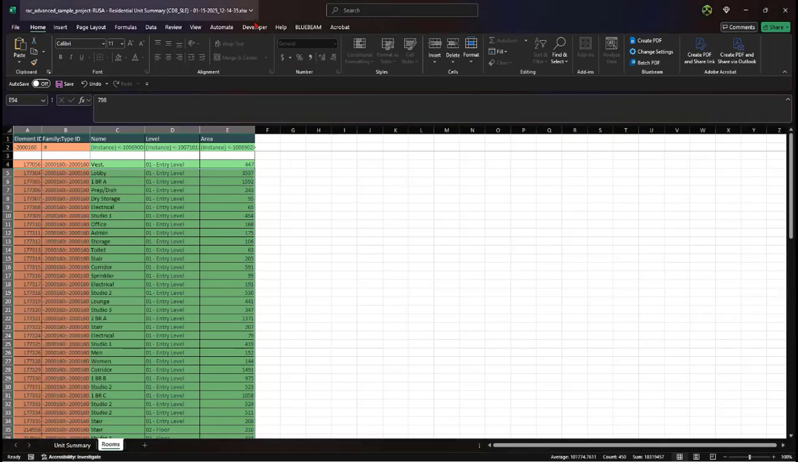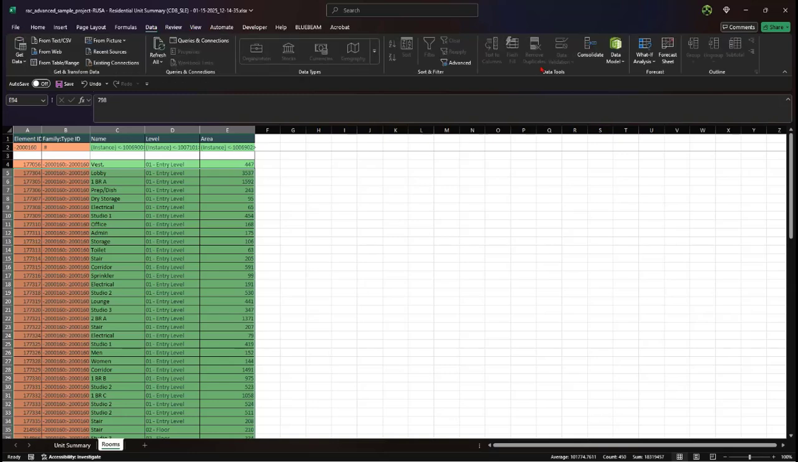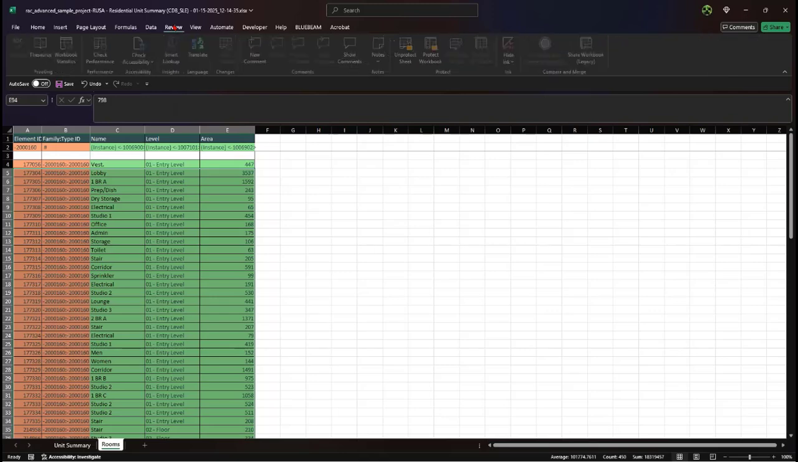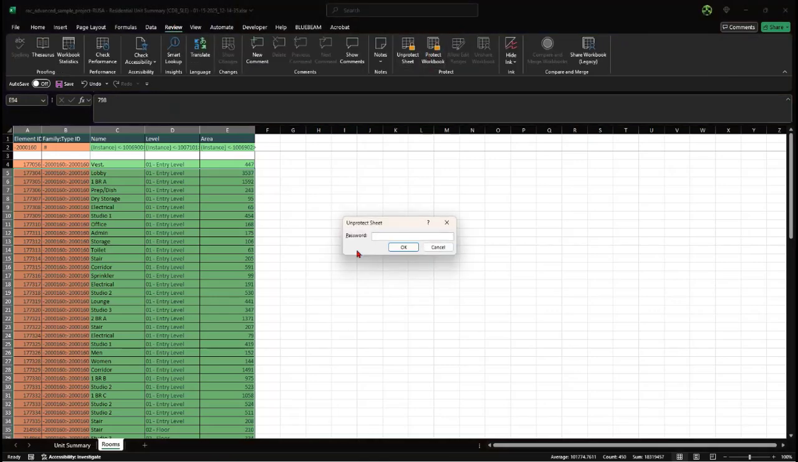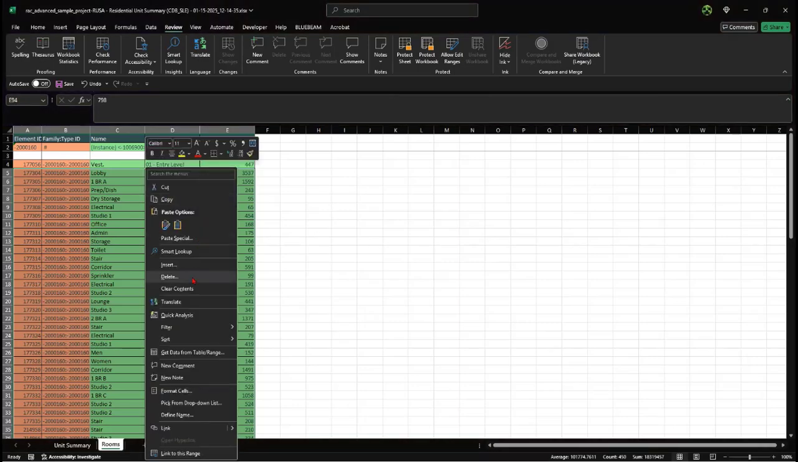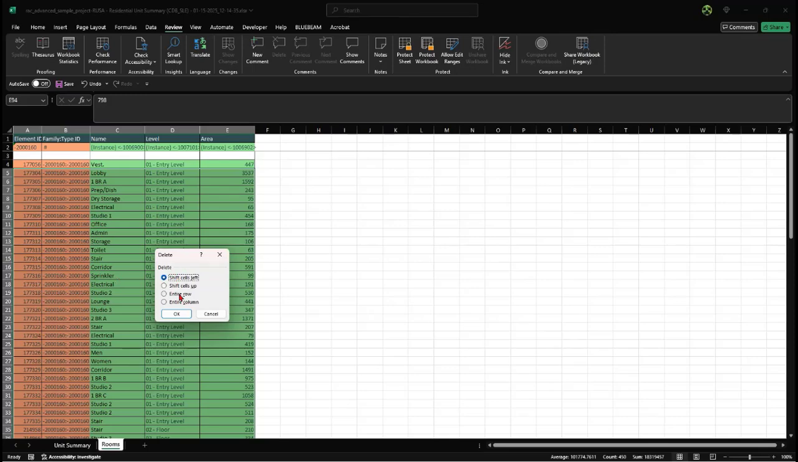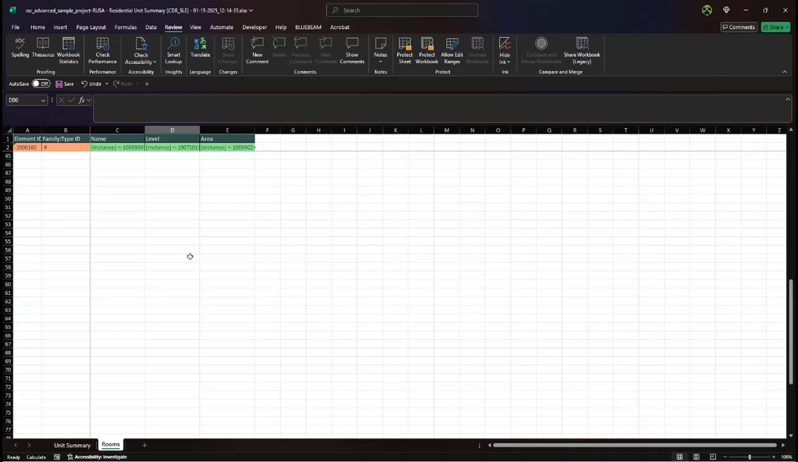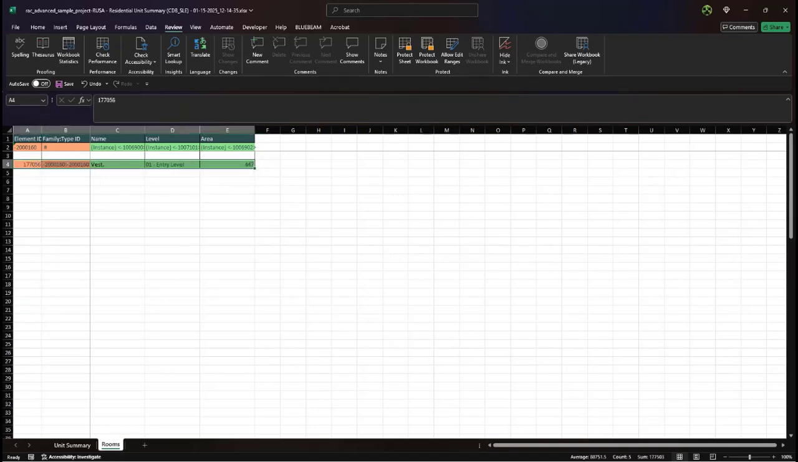Well, it's locked, so I have to do this first. There's a data button. It's not data, it's review. Unprotect. Password is the password, all lowercase. Super high tech. And I'm going to delete all this stuff. We're going to shift the cells up. And for this one, we're just going to go ahead and hit clear the contents, and we end up